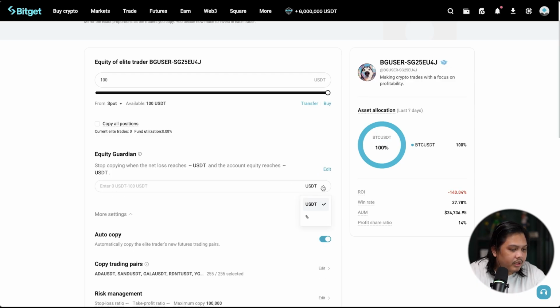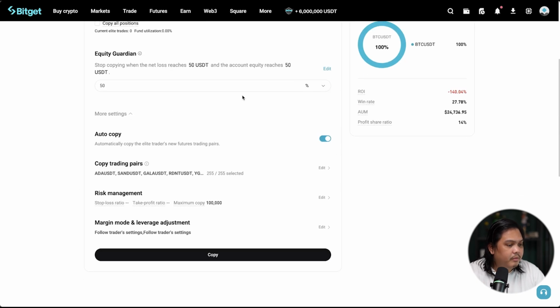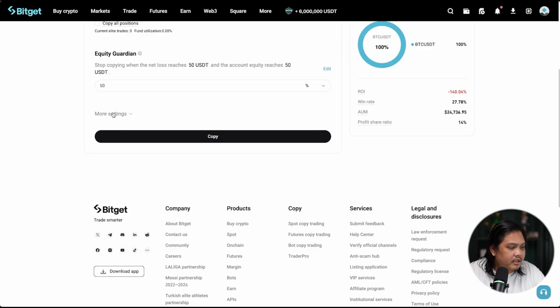You can put the USDT amount or use percentages. For example, if the position of the trader falls below a certain percentage like 50%, you will automatically close the position for that particular trade. Let's just set it to 50% for now, but you can customize this according to your personal preference. I think this is an advanced setting.